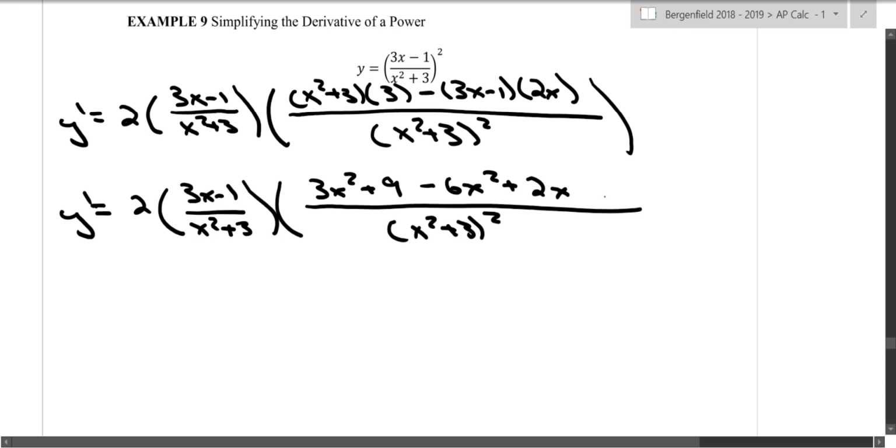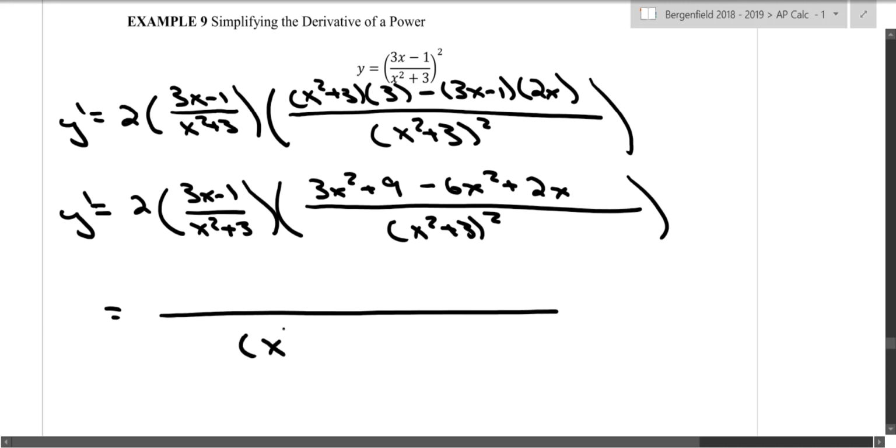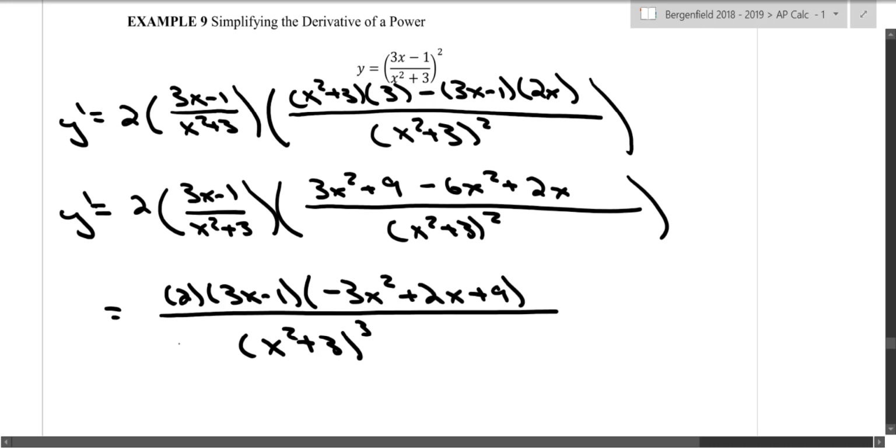And you got to be a little bit careful there. You could use a big old division, big old parentheses if you want to. Just make sure you distribute that negative correctly. And that's good enough right here. So let's see, if I multiply the bottom, I'll just get x squared plus 3 cubed, okay? And then up top, I'll get 2 times 3x minus 1 times, let's see, that'll be a negative 3x squared. What else we got? A 2x plus 9. And I guess we could distribute all that out if we wanted to, but they haven't asked us,